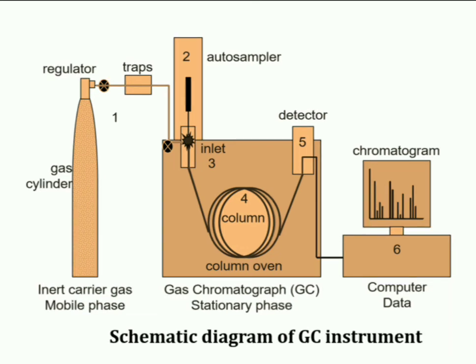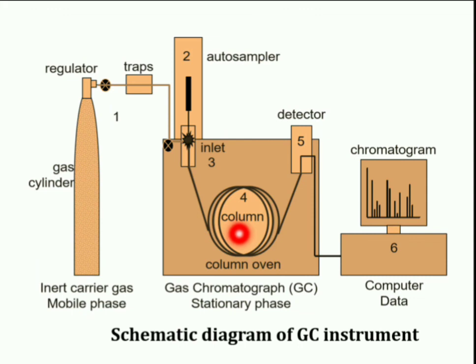Now we will learn how a gas chromatography machine works. So at first, a vaporized sample is injected onto the chromatographic column. Second, the sample moves through the column through the flow of inert gas. Inert gas is supplied from the gas cylinder. Components are separated in the column according to their partition coefficient. And at last, the components are recorded as a sequence of peaks as they leave the column.